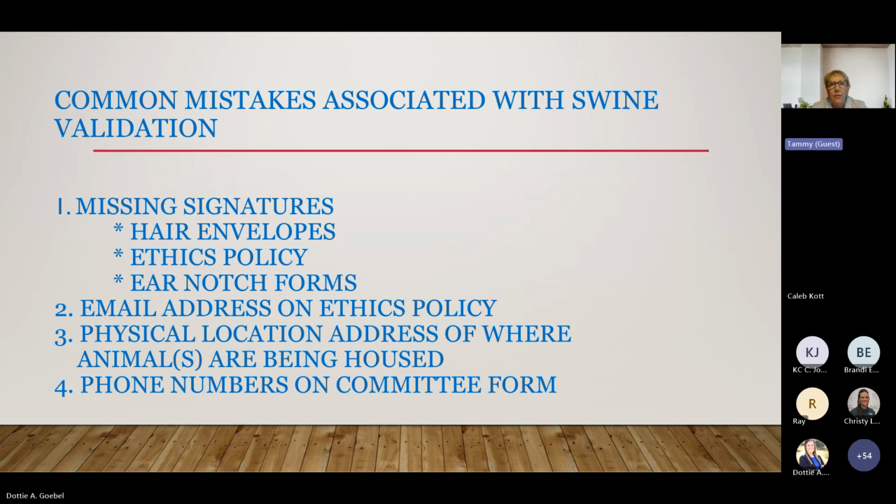Another issue that we have is not getting email addresses on ethics policies. I don't know about with the other species, but we have to have an email address. Those students or those parents should have those. I would encourage you to use email addresses that are not affiliated with the school, especially with kids, because sometimes we have issues getting through firewalls if we need to reach out.